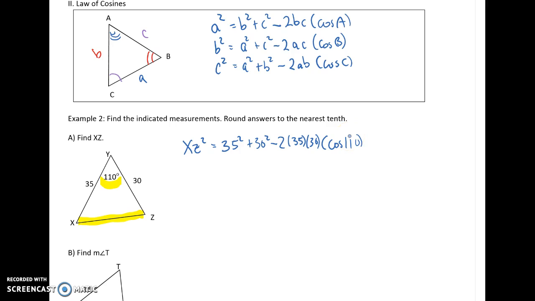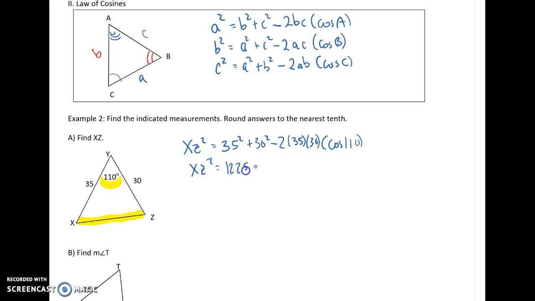And that is the law of cosines. All right, and again, this just takes practice and you'll be able to work through it. Okay, so let's go ahead and finish this off. So that means xz squared is equal to